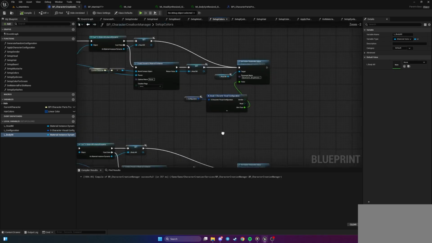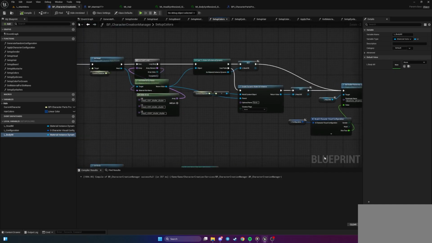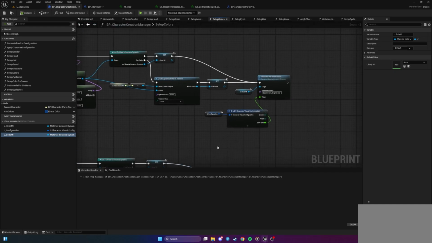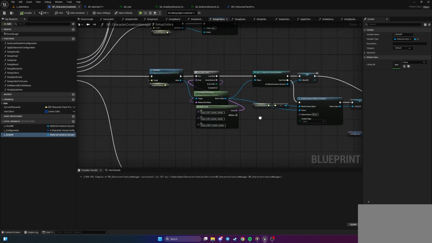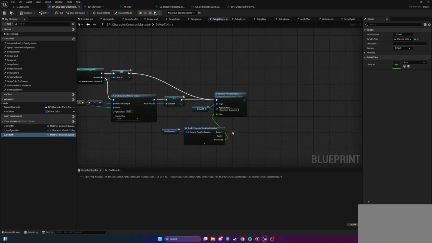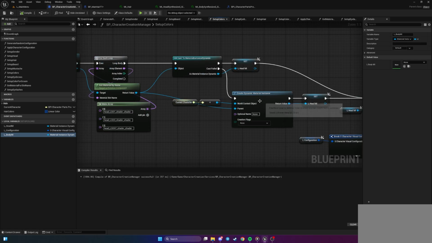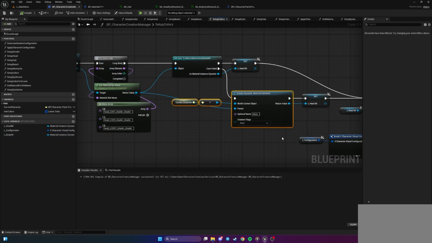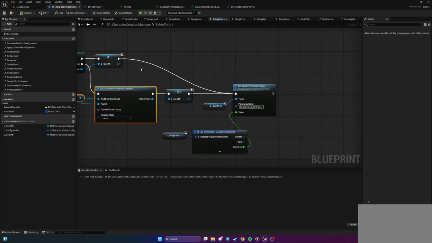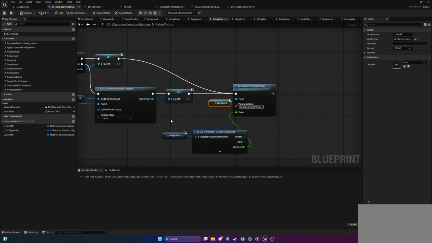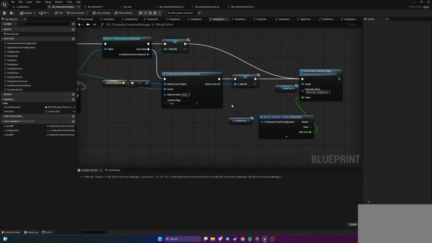Oh wait. But I didn't. Well, I have created a dynamic material instance, but I've never set it. How did it work? Well, I suppose it creates a dynamic material instance every time for a head, because I have never set it into a slot. So what we're going to do here, also for a head,